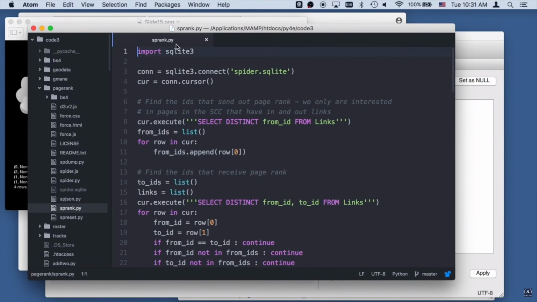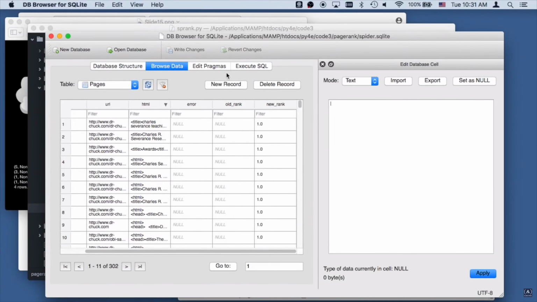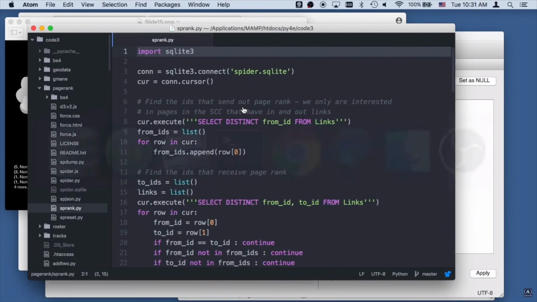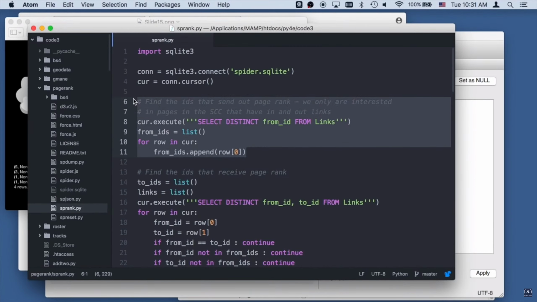So this is pretty simple. It only imports SQLite 3 because it's really doing everything in the database, right? It's going to be updating these columns right here in the database. And we're going to do some things here to speed this up. If you're thinking of Google, this rank runs slowly and is going to run continuously to keep updating these things. So the first thing I do is I read in all of the from IDs from